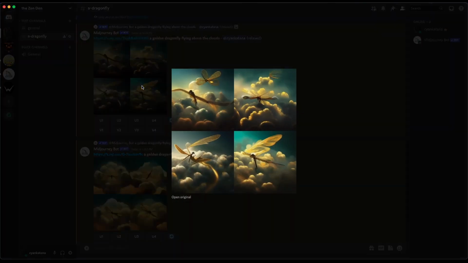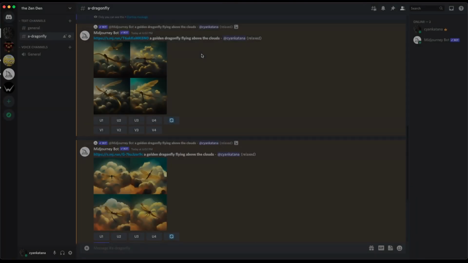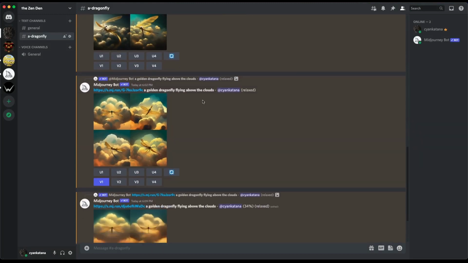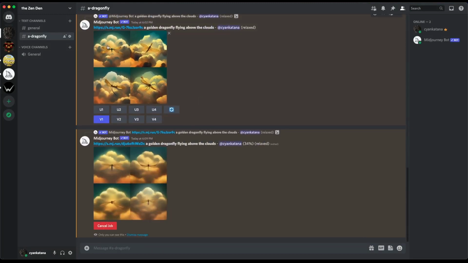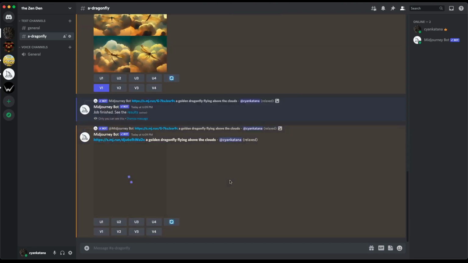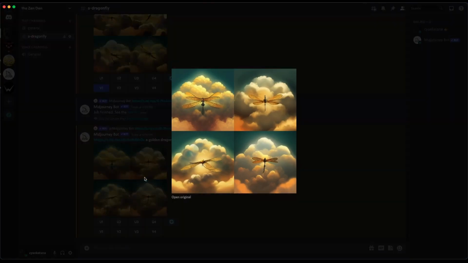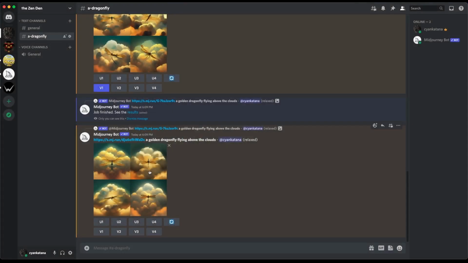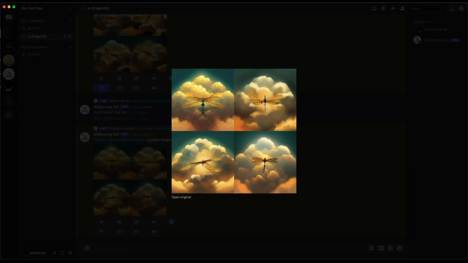And for the one above, maybe I'm not going to re-roll anything. I'm sure with more iterations it will start getting the dragonfly correct, but at this point in time it's a bit of a mess, and for the interest of keeping this tutorial as concise as possible, let us stick with just re-rolling V1 over here and see the results. And I can already see a couple of amazing images being produced here, and I think we might have a final product almost. No, I think we need to iterate one more time,